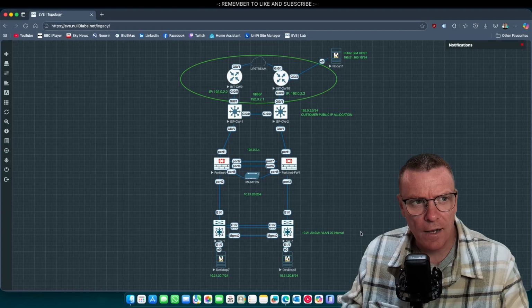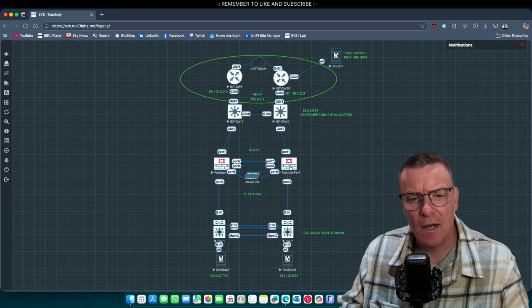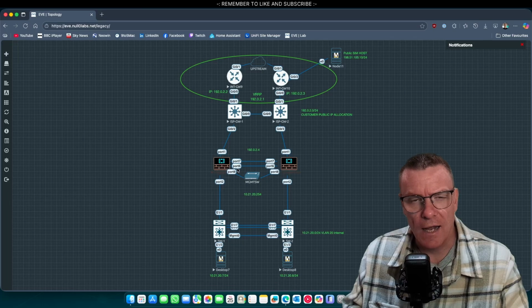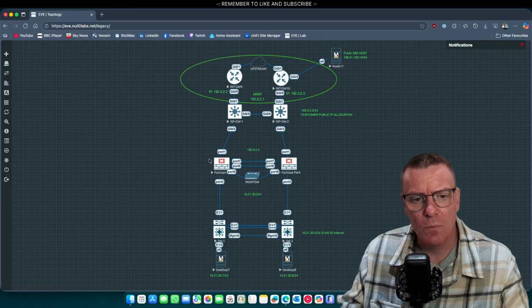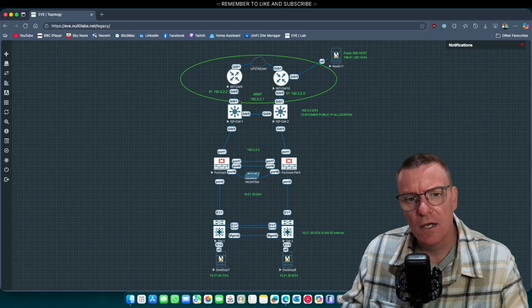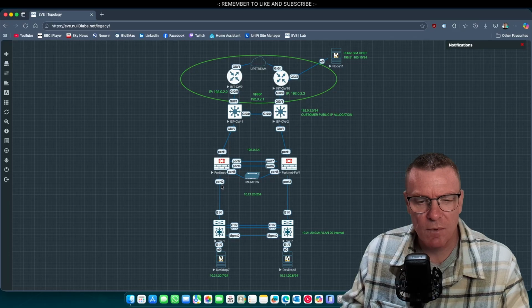Now here we are in our lab for today. We can see that I've replaced our Palo Altos with two FortiGates. You can see that on the FortiGate, we are going to use port 7 and 6 for our HA interfaces, and we're going to use port 8 for our management interface for managing the firewalls through a web browser. Port 1 will be our outside interface towards our ISP's redundant internet supply, and port 2, for simplicity, we won't